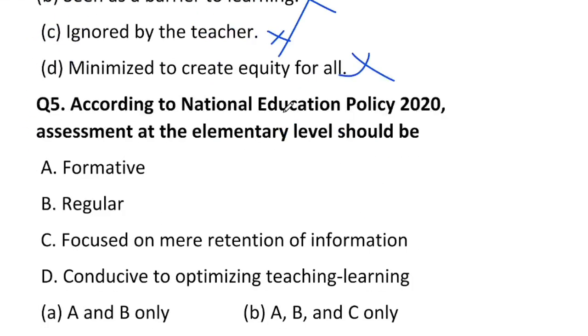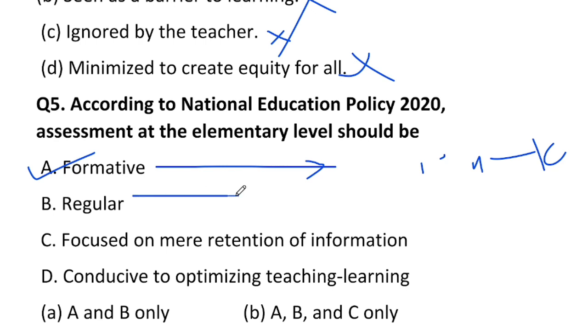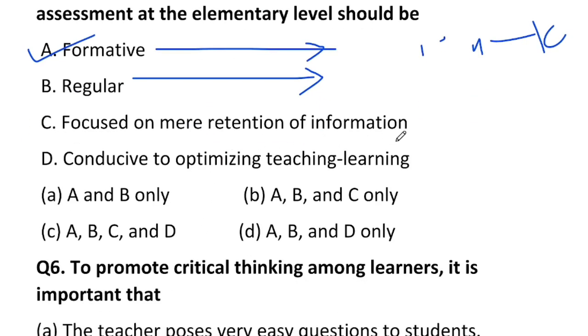According to National Education Policy 2020, assessment at the elementary level should be what? What is elementary level? Elementary level is primary level, 4 to 10 years. So, formative is the regular assessment. Regular assessment, this is right. Focused on mere retention of information? No. Conducive to optimizing teaching learning. So, the answer will be